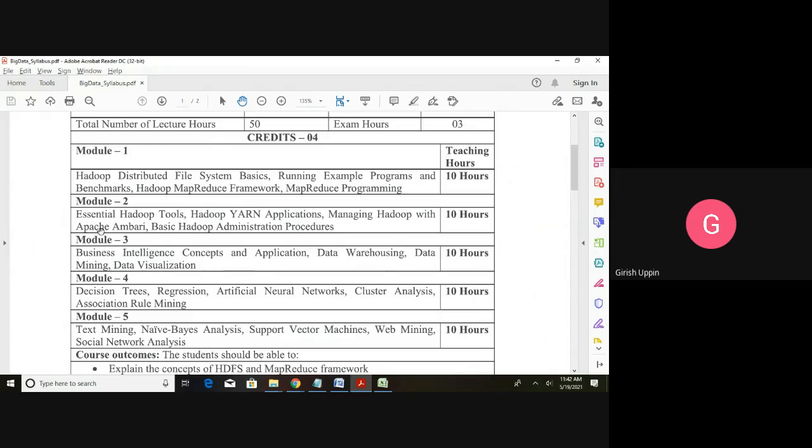And in managing the Hadoop with Apache Ambari, I have already shown you Ambari. It is a UI from where you can manage the Hadoop ecosystem. So all the things that are available in your Hadoop, we can manage all those resources, name node, data node, bringing them down, restarting, then getting the statistics about each of those nodes, how long they are running, and what is the status, what is the health. Many things can be managed using Ambari.